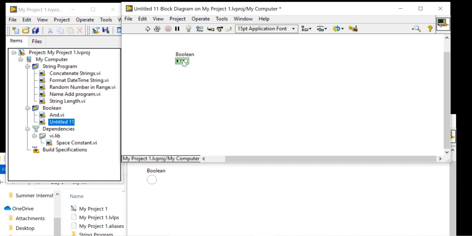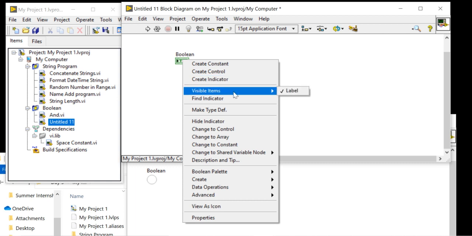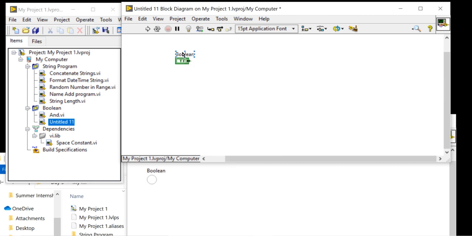So to change it, right click, change it into the control. So now this LED is an input type, meaning control type. You can create indicators for the same.